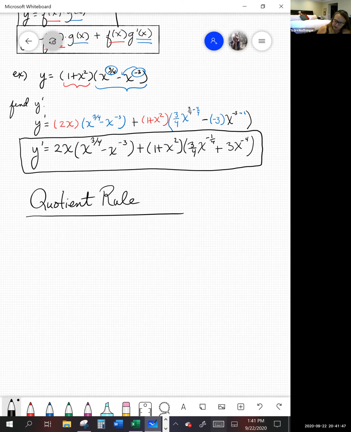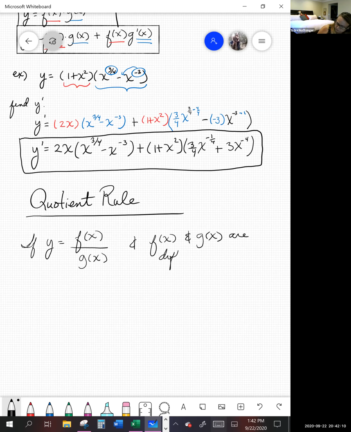So let me just do it my way first. If y is equal to, let's say, some function f of x all over g of x, and f of x and g of x, we have to say are differentiable. G of x, technically, right, it's in the denominator. That function can't equal 0 because it would be undefined. So if this is the case, then